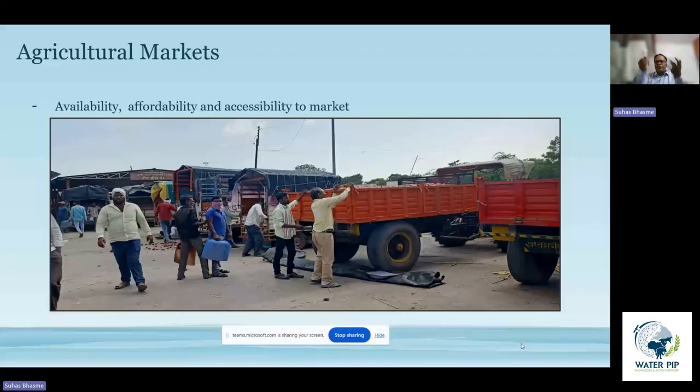Similarly, in the case of onions also, we find that storage facilities are available to the large landholding farmers. The better the storage facility, the better you are able to hold on to the product for a much longer period of time, and thereby gain the profitable price made available by the market as such.